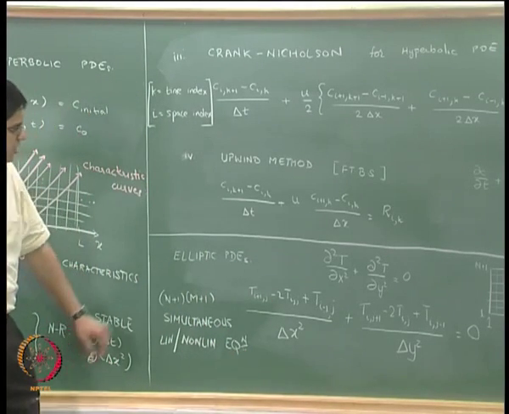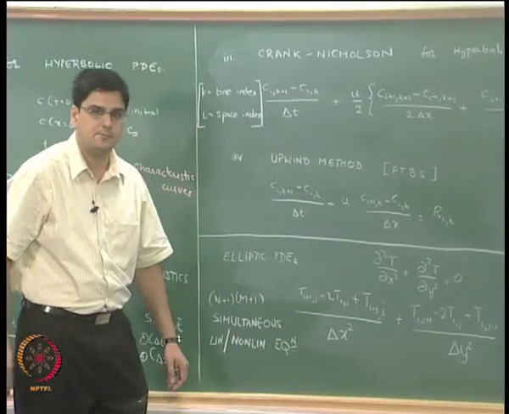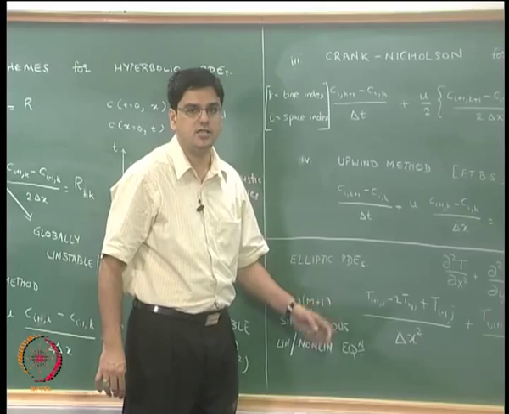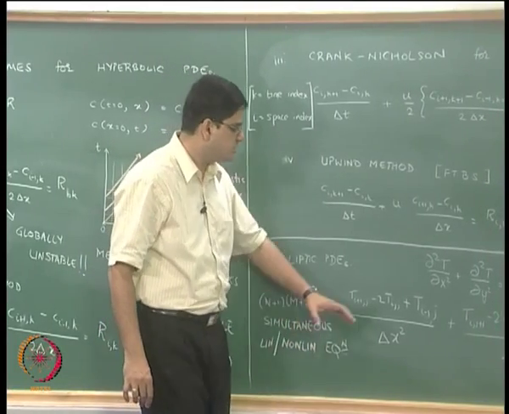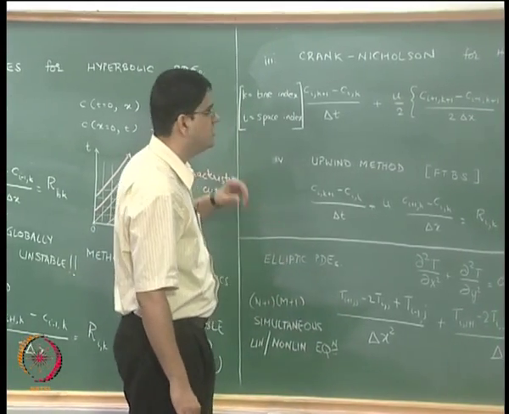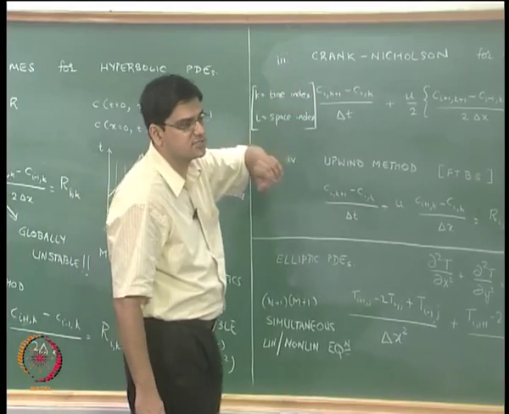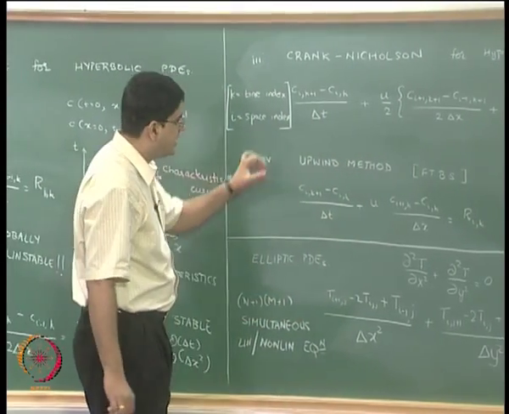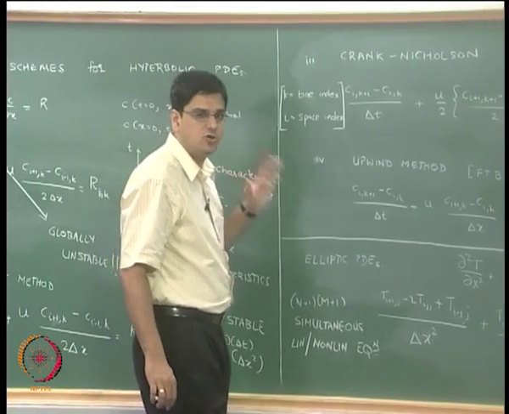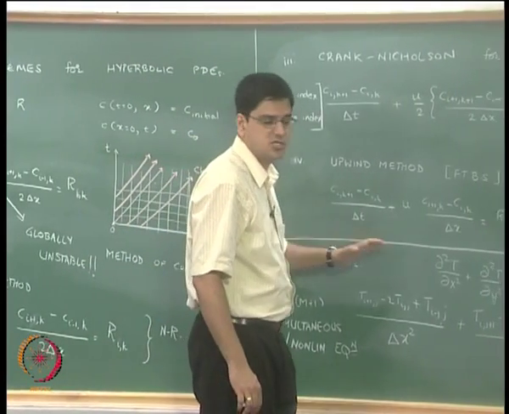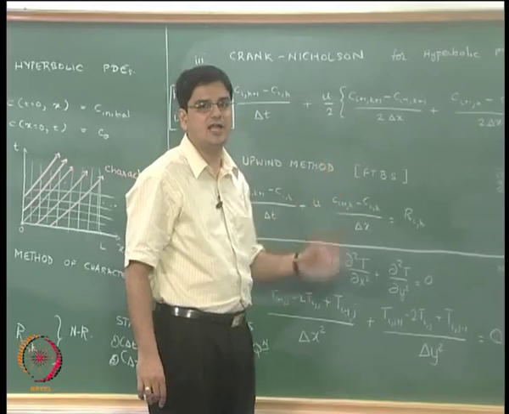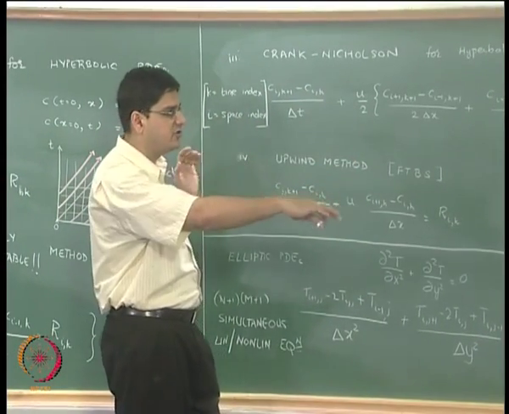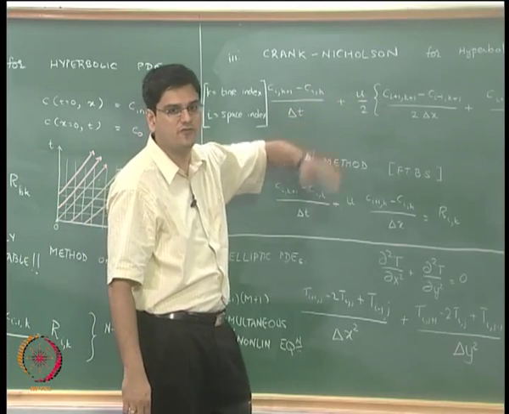So you will have to solve n plus 1 multiplied by m plus n equations simultaneously in order to get the overall solution. The difference between this method and the fully implicit or the Crank-Nicolson method for hyperbolic or parabolic PDEs is that in hyperbolic or parabolic PDEs you only have to solve n plus 1 equations in the spatial domain at one time, and then we move on to the next time, we again have to solve n plus 1 equations, we move on further and further.